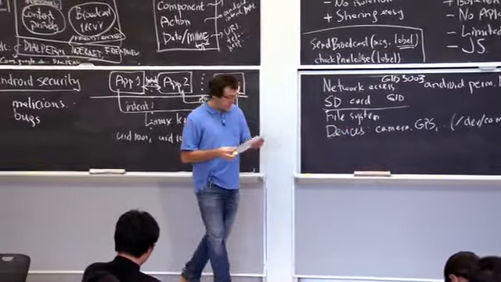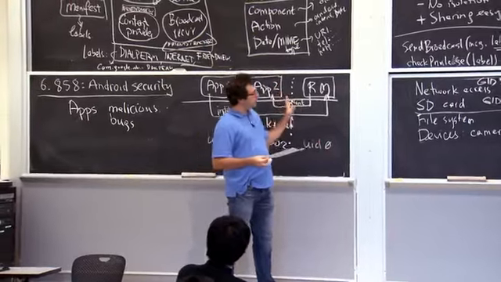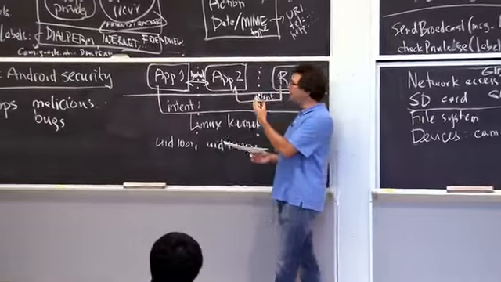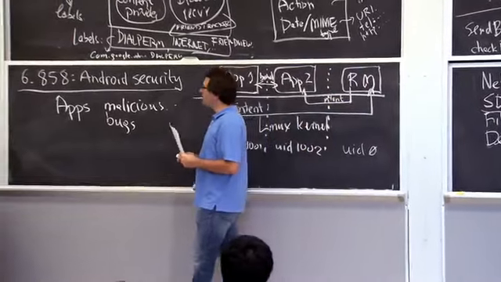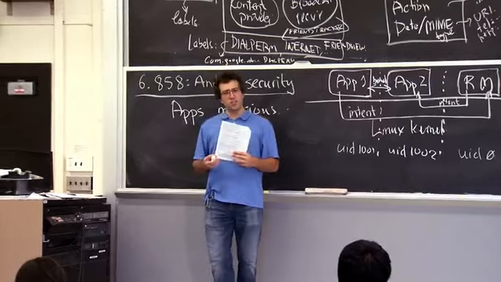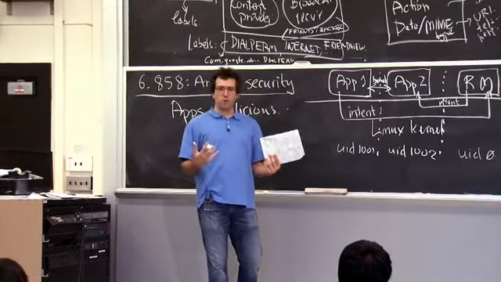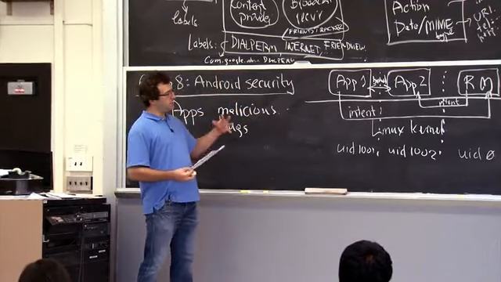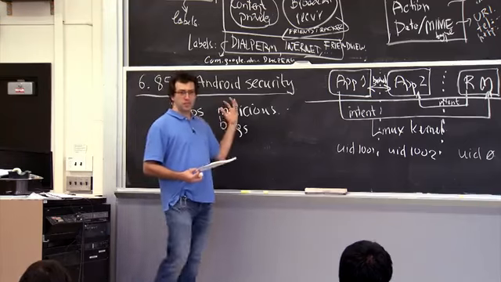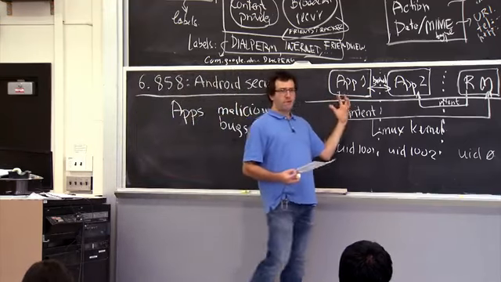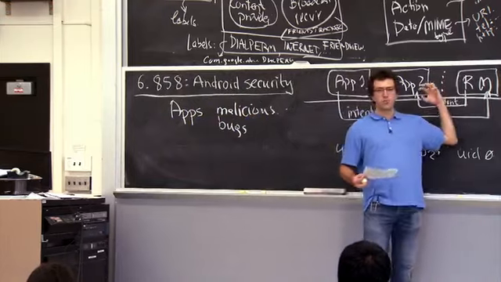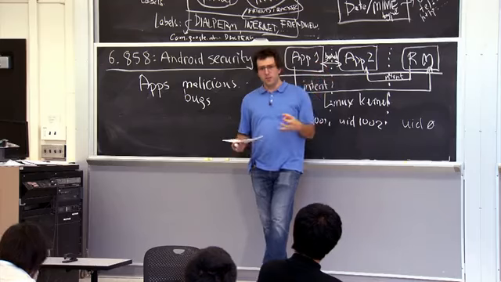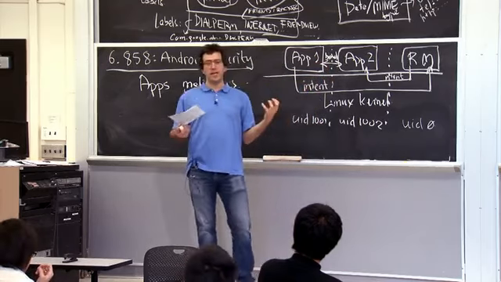So I guess this gives you some sense of how Android works. One sort of cool thing about it is that you can actually get this manifest that to a large extent describes the security properties of an application. So this is one thing that the developers of the Android framework were going for, something called mandatory access control, where you can actually specify the security policy of an application separate from the application itself, and in fact have that security policy be enforced by this reference monitor regardless of what that application itself is doing. So it seems like a kind of a nice property to be able to audit an application by looking